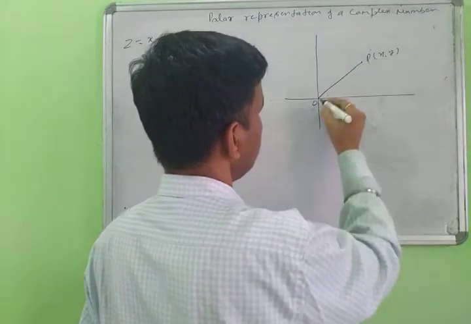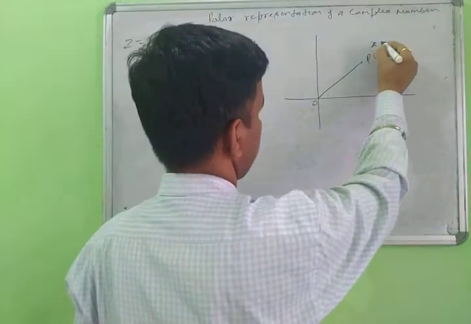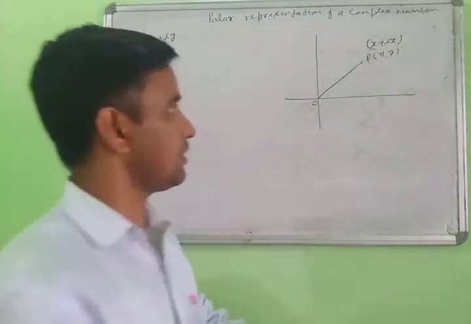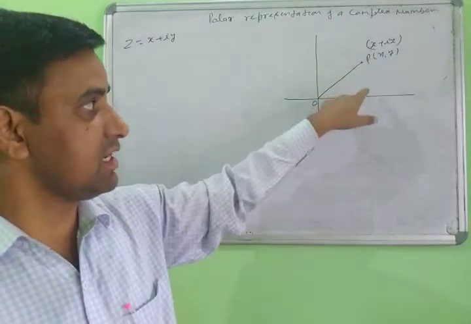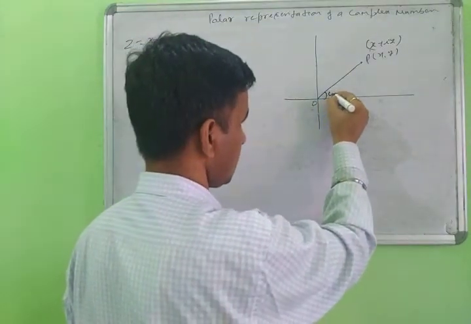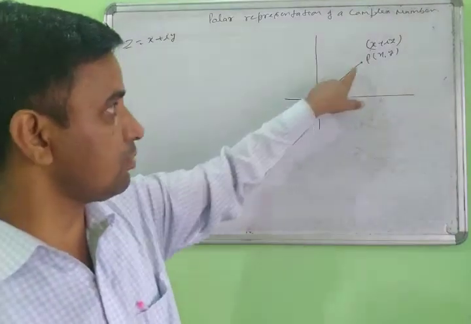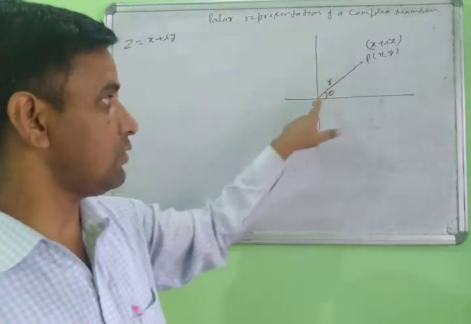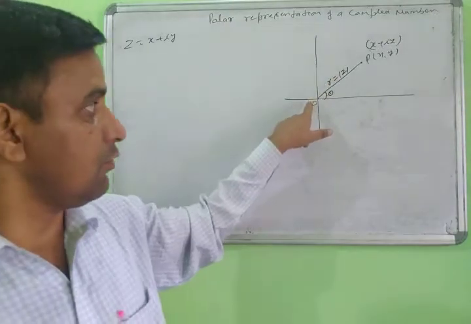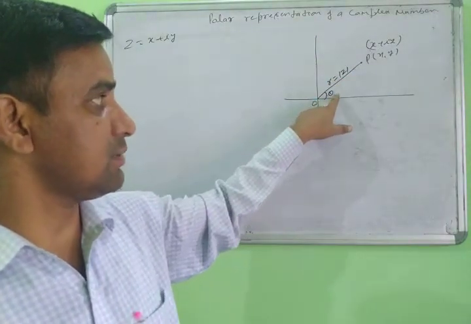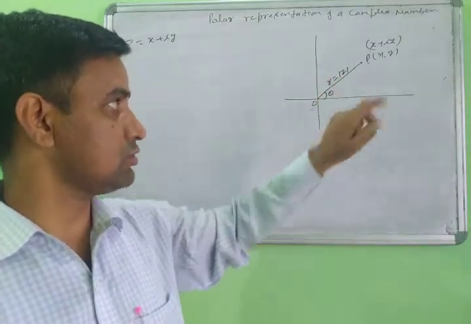First, suppose the x plus iota y form is given, any complex number is given. Then you directly represent this number. Second, suppose theta is given, and the length of this point OP, this is r, is given. The value of r is the same as mod z. This will not change. So if the length of OP and theta are given, then also you can approach the point P. Here are two methods of approaching the point P.